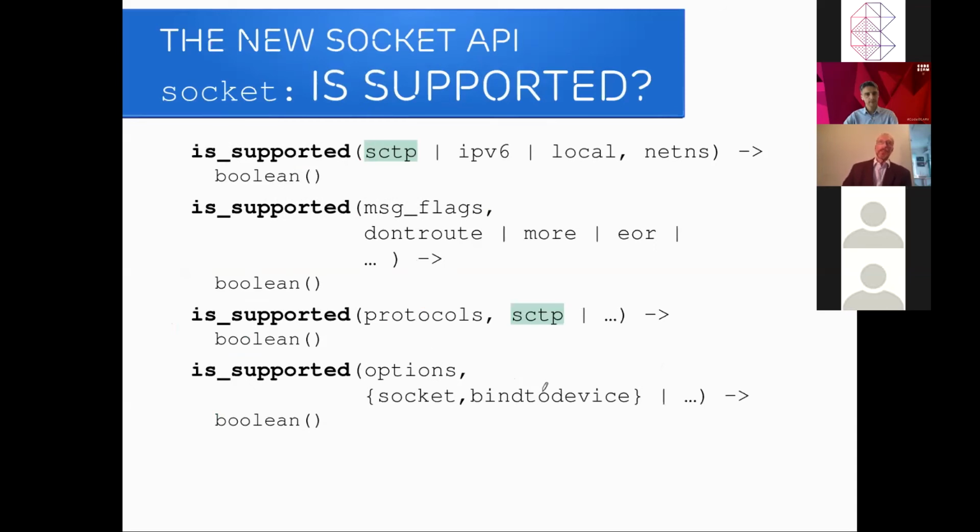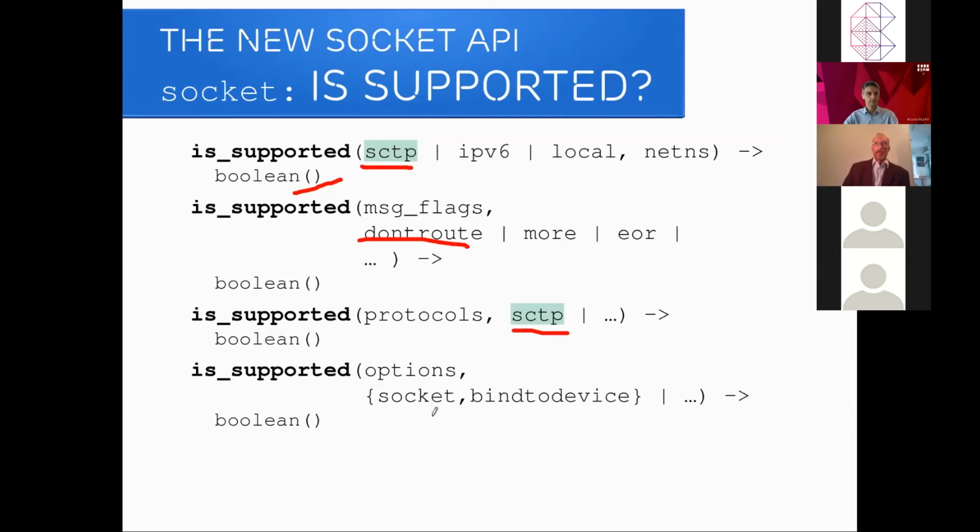The isSupported function is often more useful in code because it simply replies with a boolean if something is supported. For instance, is the message flag dontroute supported on this platform? Or is the protocol sctp supported? An interesting nuance difference here: "protocol sctp supported" means we know the protocol number of sctp, while "is sctp supported" means have we compiled against sctp header files and linked against the library. That is, should we suspect that sctp is working.